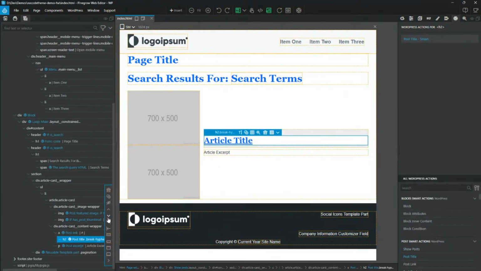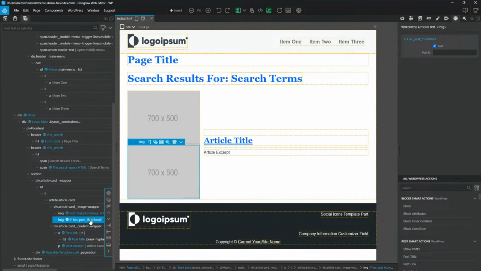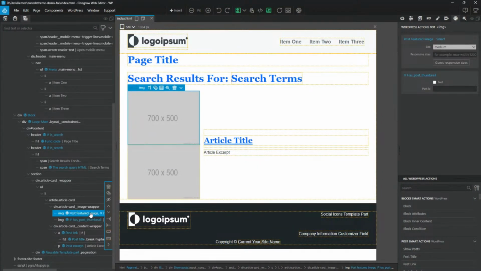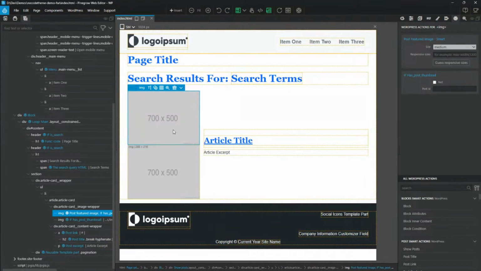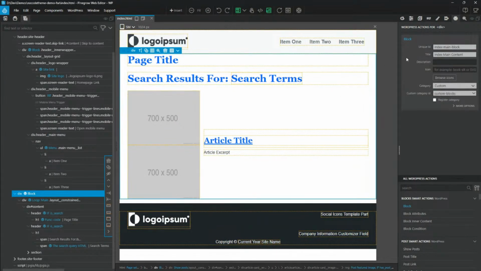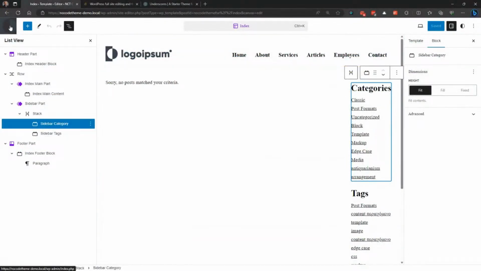And then for each thing, I'm just defining, okay, I want my title to be there. I want my excerpt to go there. If it's got a thumbnail, show that. If it does not have a thumbnail, then show a default image. If it does have a thumbnail, show the thumbnail. So I've just defined a custom block that does all that for me and gives me my post grid, so that when we look at it on the front end,